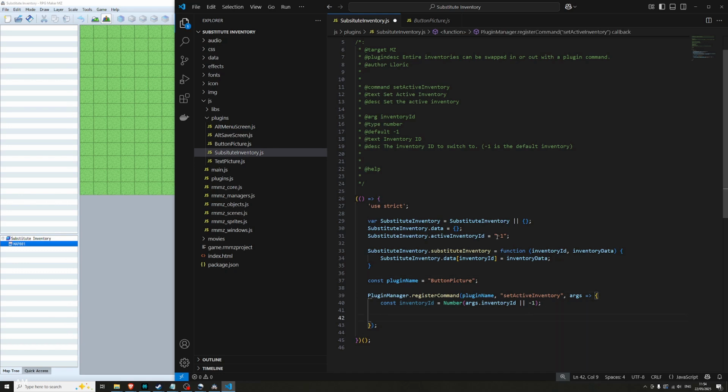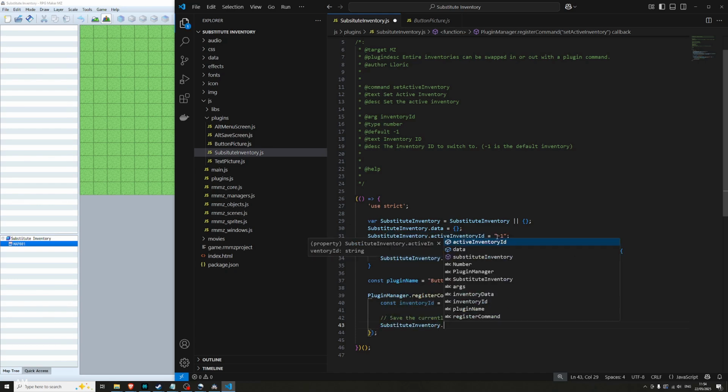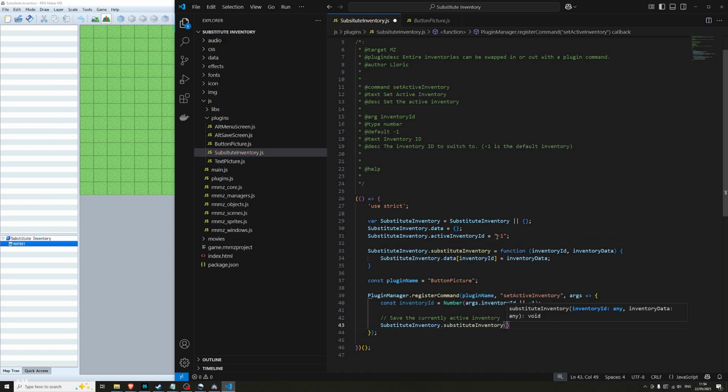So when we set the active inventory, we want to save the currently active inventory. So we'll say substitute inventory. Maybe it should just be something like save and load. Maybe that's clearer. We'll do save. So save, and then we pass in inventory ID, and then we want to pass in